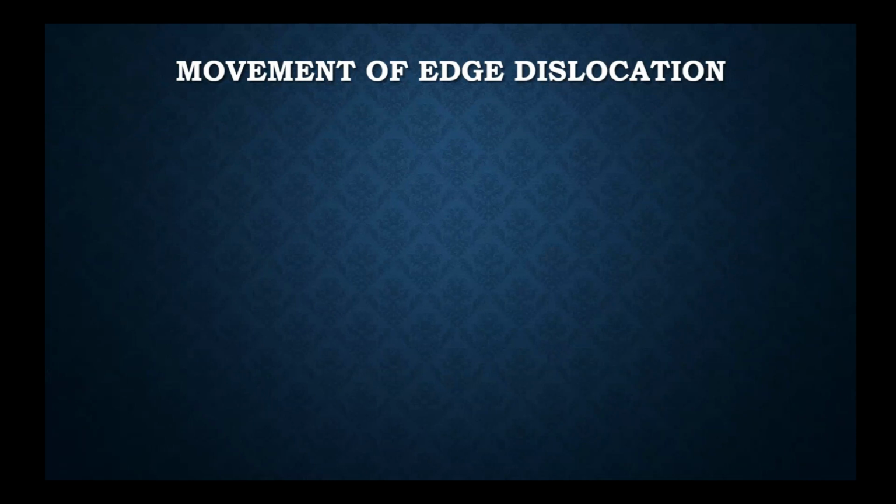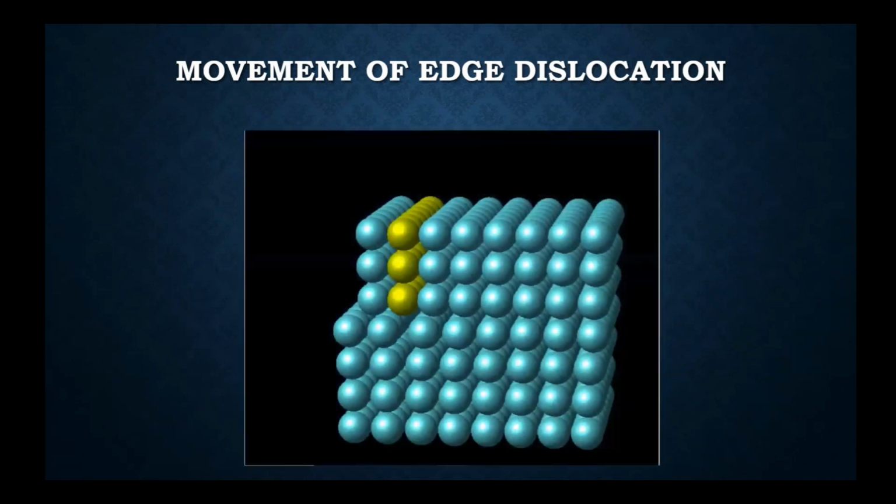Now, in order to have a better view of how the edge dislocation moves, let us have this extra half plane. This is an extra half plane that is being inserted in the lattice. Now, recall the movement of this extra half plane or edge dislocation within the lattice. See how it moves upon the application of shear stress